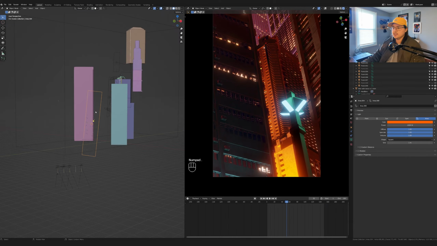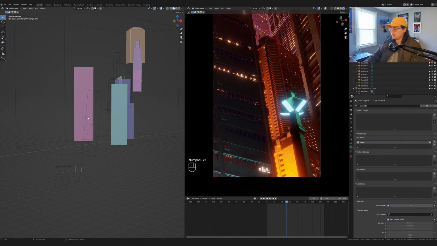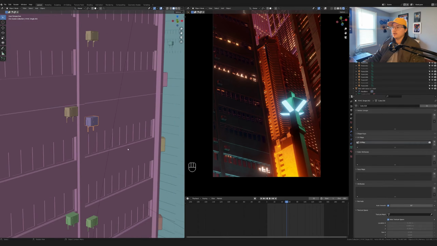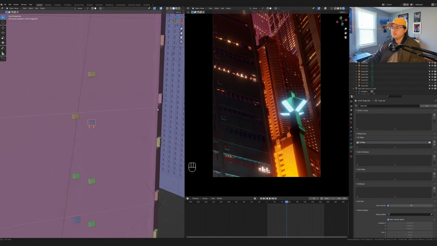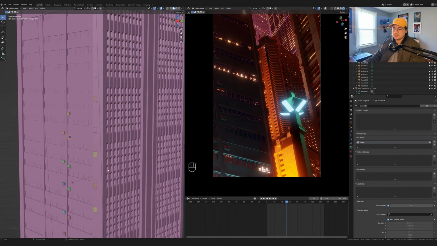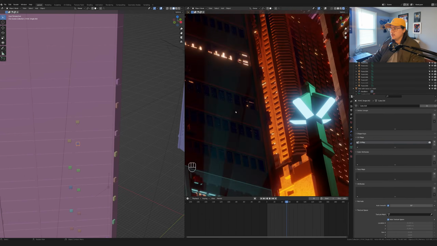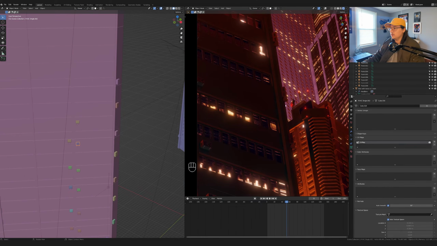So the other thing is I added, if I can get them selected, yeah, these little AC vents, and these are from the pack. If you're a patron, you will definitely be getting these for free when they're out. And I just painstakingly positioned them, moved them around, all that kind of stuff, and I think they look pretty good. They add a little bit more interest to the building, a little bit more scale,